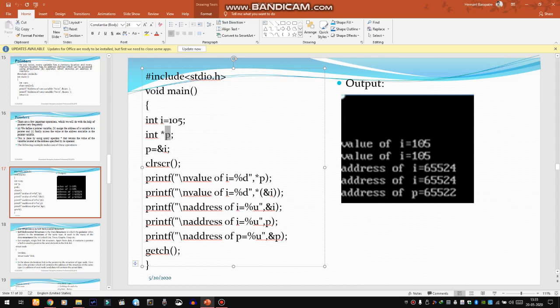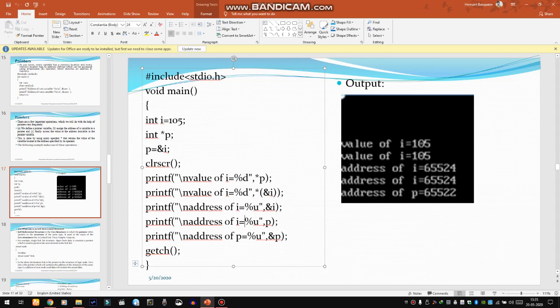The address of i can be shown as &i. Then the address of i again, &i. You can see the address is printed as unsigned, meaning it is not negative, it is always positive.